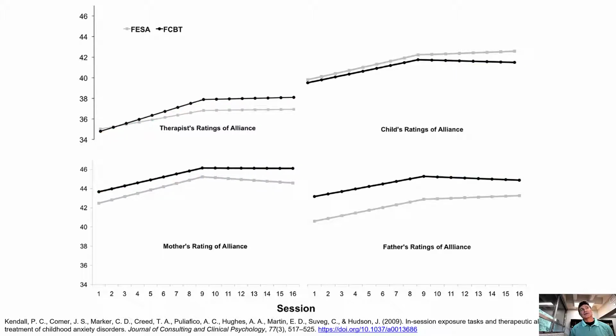And in the gray line, we have the control group, which is an educational support group, and we almost see a decline. I'm trying to remember if this is significant or not, but in mother's rating of alliance, maybe the mother thought this isn't working very well and started to think that the therapist relationship wasn't going as well because the symptoms weren't getting any better. So we didn't see this, and we wanted to pattern change differently.